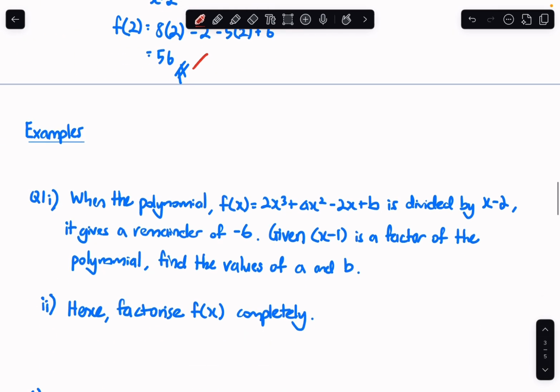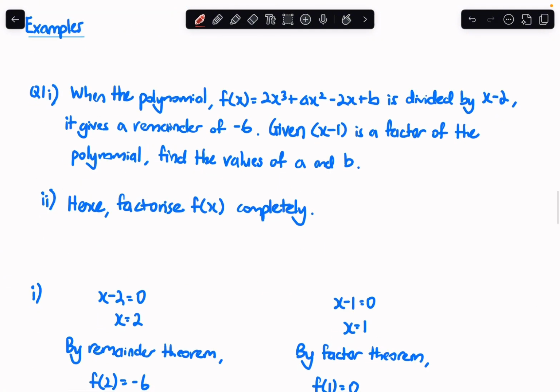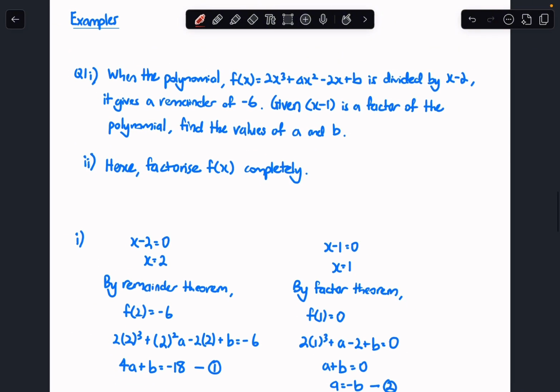Okay, so now let's try a question. So when the polynomial f(x) equals 2x cubed plus ax squared minus 2x plus b is divided by x minus 2, it gives a remainder of negative 6. Given x minus 1 is a factor of the polynomial, find the values of a and b for this